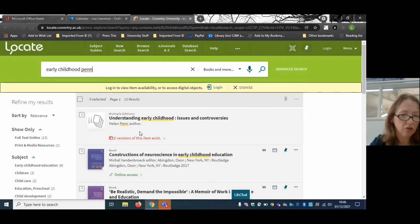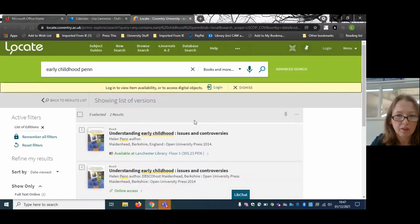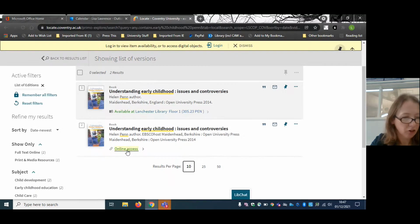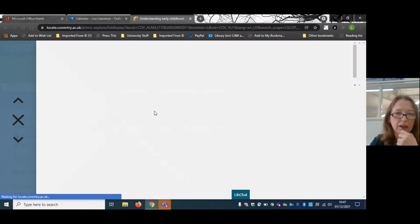So this is a book that's often recommended to students. And you can see here that we have 2 versions of this item. So if I click on this, you can see we've got a physical copy and an online copy. So those of you who prefer to use a physical copy of the book, if you click on that link